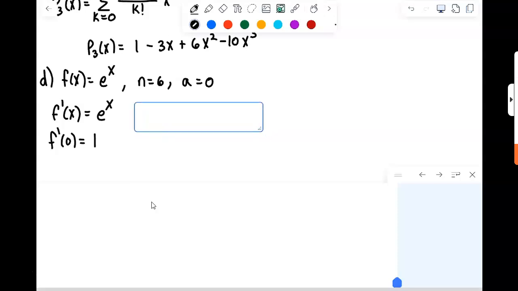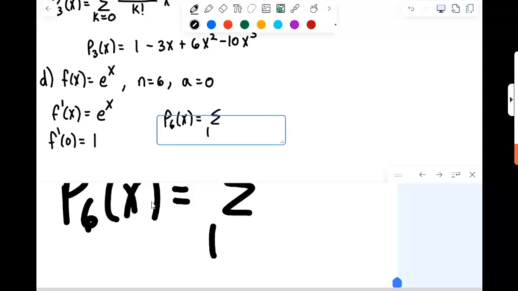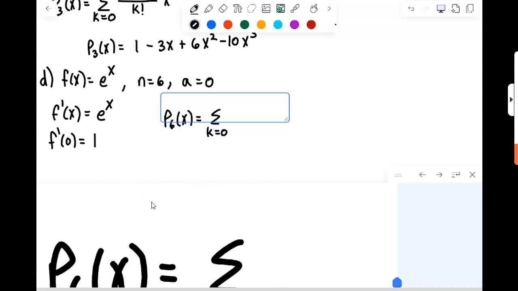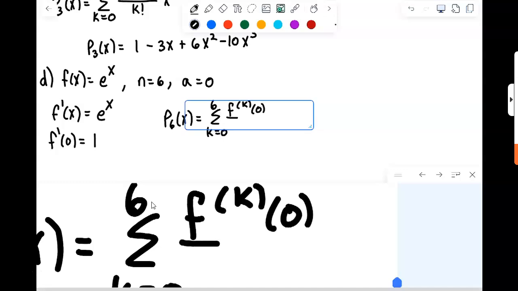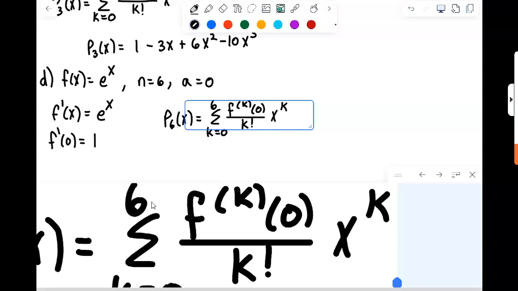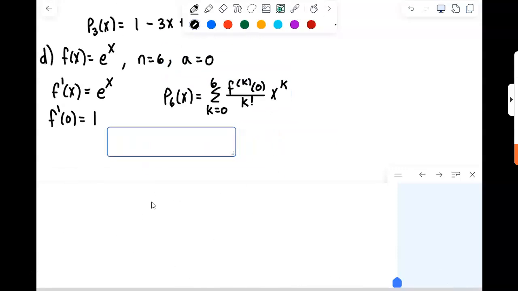And so this would again be the P6 would be the sum as k goes from 0 to 6 of the kth derivative evaluated at 0 all over k factorial x to the k. Because again, we're centered around 0. So working that out, P6